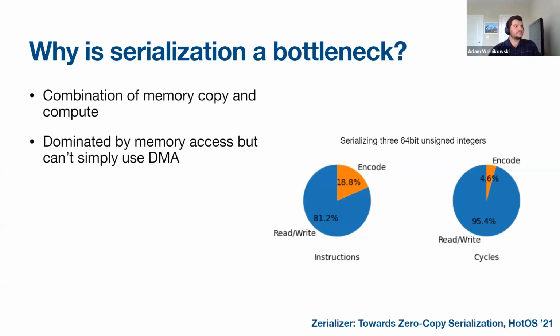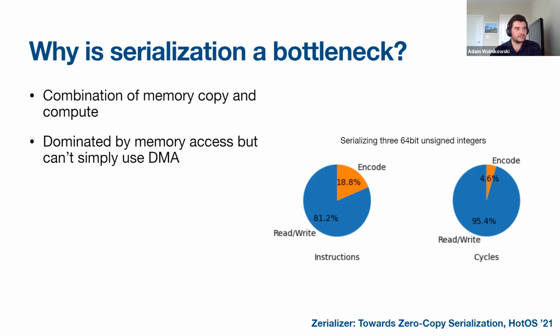So serialization, as I mentioned earlier, is a combination of memory copy and compute. In terms of memory, there are a couple of issues. Encoded data from the network obviously results in a cold cache. The CPU has to perform the encoding and decoding, so you travel the memory hierarchy back and forth. And finally, once the encoding's finished, you have to actually write the native application-formatted data back to memory